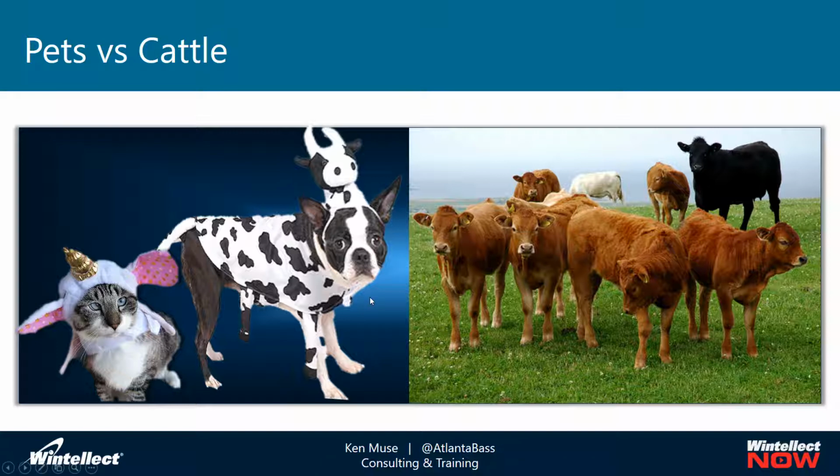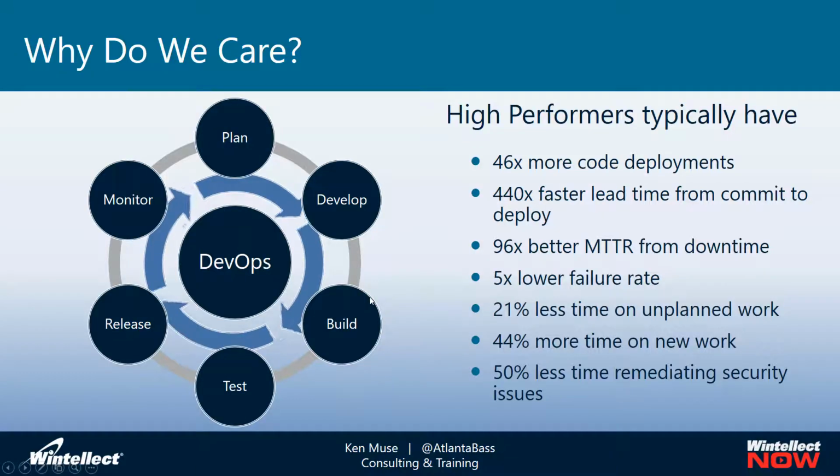So ultimately, why do we care about DevOps? It's because high performers typically perform better. Some companies have seen as much as 700% improvement in how much time they get to spend focused on new development and new features. High performers in the DevOps world tend to have significantly more code deployments, a faster lead